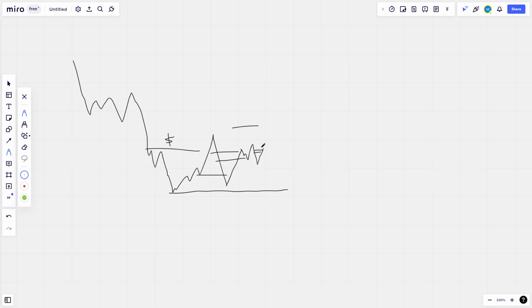So what could happen with this entry? This entry could take us out for a loss. Price continues a bit higher. Let me try so it doesn't take the high. It takes this high, not this one. This high has to be respected. Let's suppose that happens, so we take a loss, and then the market does this.